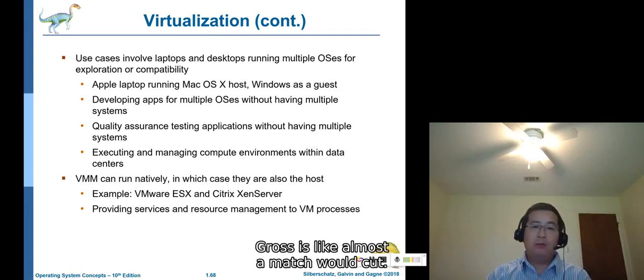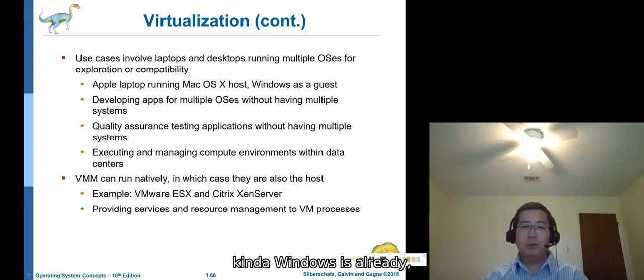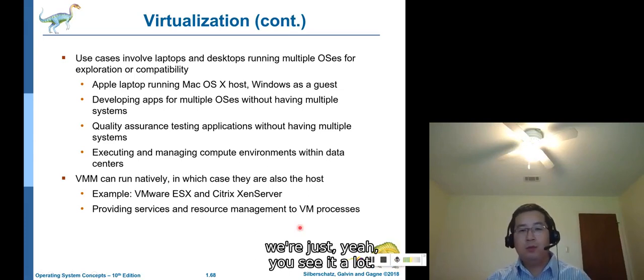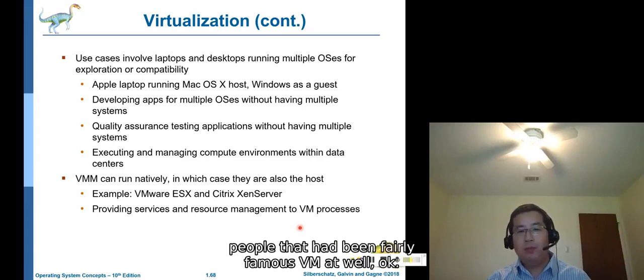It's almost matured, right? Just like an operating system, Windows already has a lot of great operating system products, initially had a good market, and then many people used it. So at that time VMware was very famous.